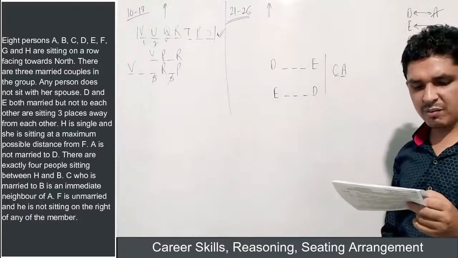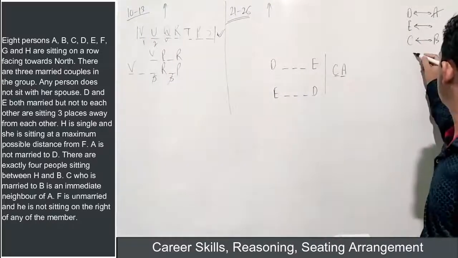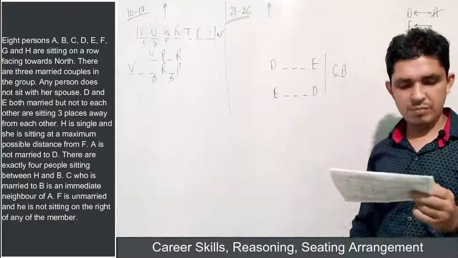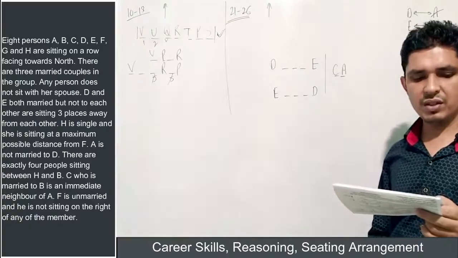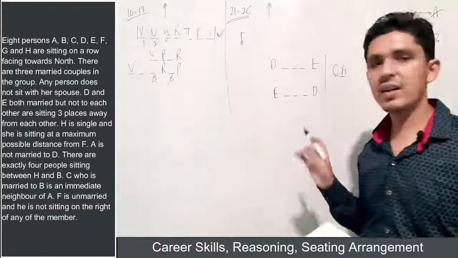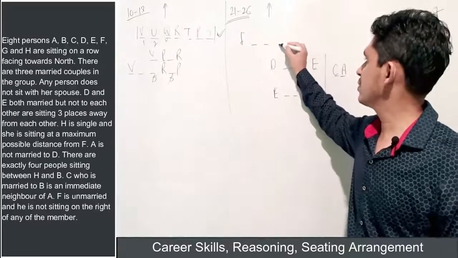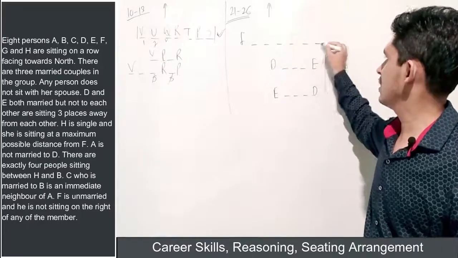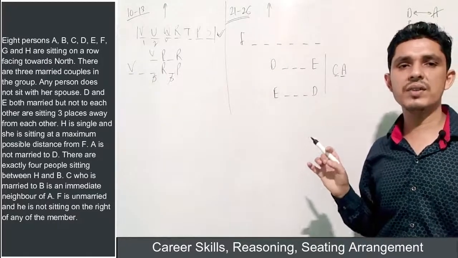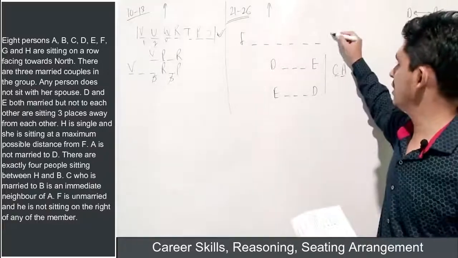Thereafter F is unmarried and he is not sitting right of any other member. That means F is unmarried and he is not sitting right of any member. That means F is sitting on the immediate left, right? So if we place F here, and in total we have 8 students, so we can place 6 students in between. So 6 students have been there, and there was a condition that H was sitting at the maximum possible distance from F. So we can place H here,